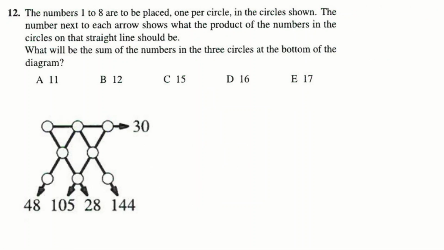Quite a nice question. 12. So we've got all these numbers are going to multiply to give us the numbers they're pointing at. Now I started at the top and I said, how do I multiply 3 numbers to make 30? Well, I could use either 2, 3, and 5, or I could use 1, 6, and 5. And at this point, you just get your pencil and you get prepared to rub out something if it's wrong. You just choose one of these to run with. If it works, great. If it doesn't,